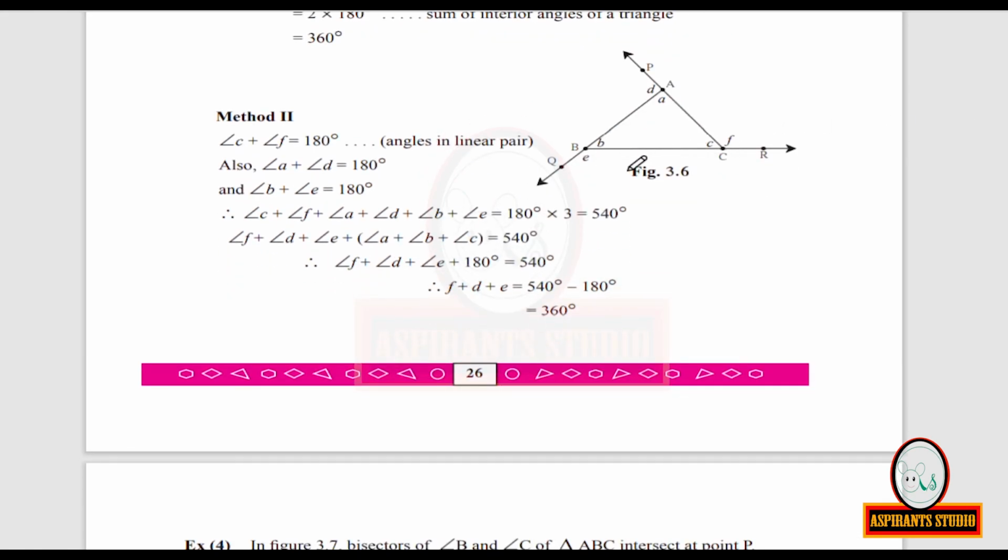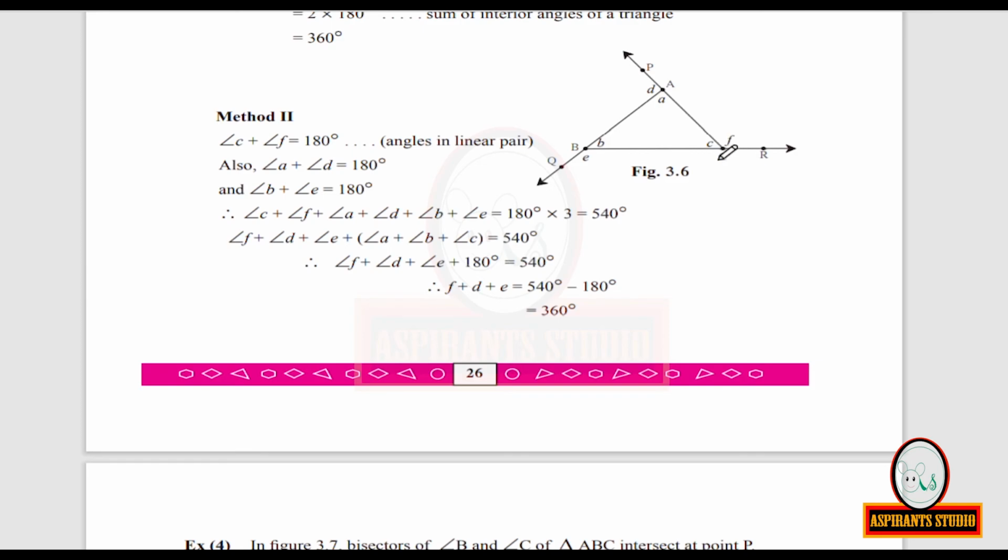See the namings. We have named this measure as small a, then D, B, E, C, you can see. Now, whatever is required we have marked. You will understand when you are doing the proof. Now, we can see angles in linear pair. Now, we can extend this ray as a straight line. Here also ray is there, you can extend it as a straight line. This ray also can be extended as a straight line. So 3 times you can apply angles in linear pair here. So accordingly we have named it. We have named those measures.